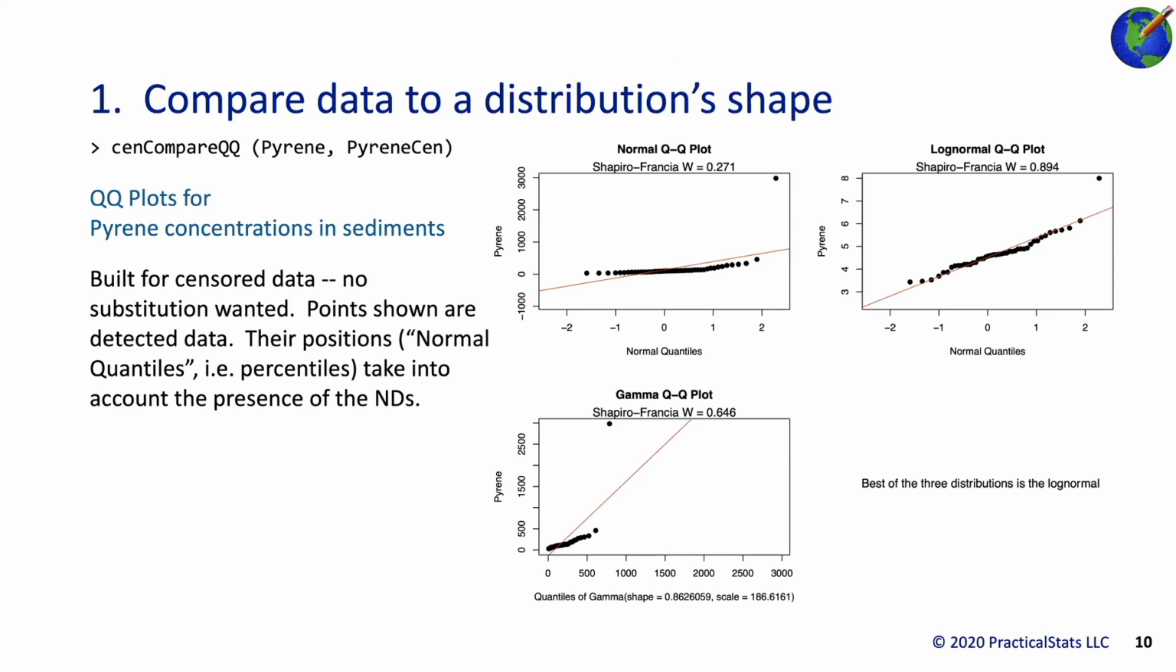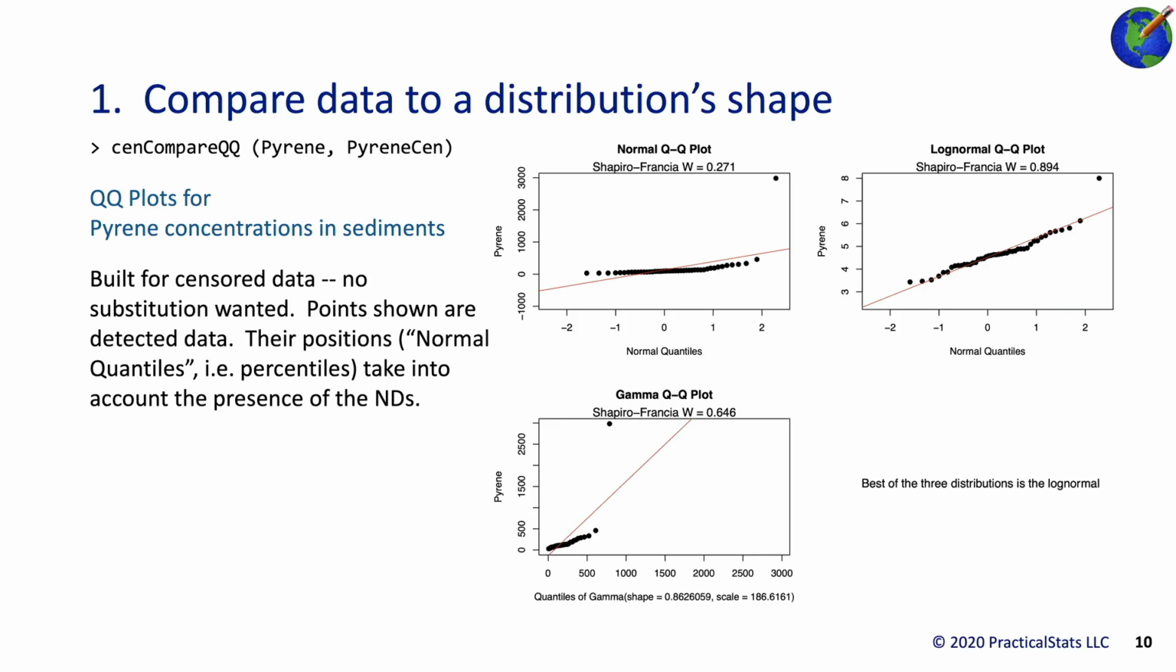So let's go through that list of procedures. Here, you could compare data to a distribution shape. This is a Nondetects command called cenCompareQQ. So it's doing QQ or probability plots. It's plotting dark circles here for the detected values, but the positions of those on the plot are affected by